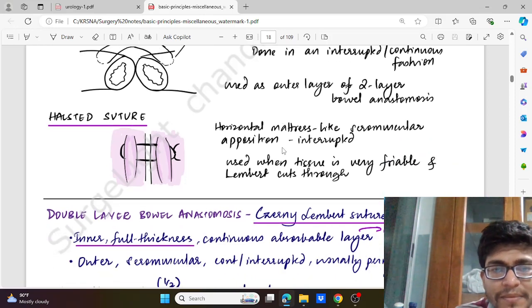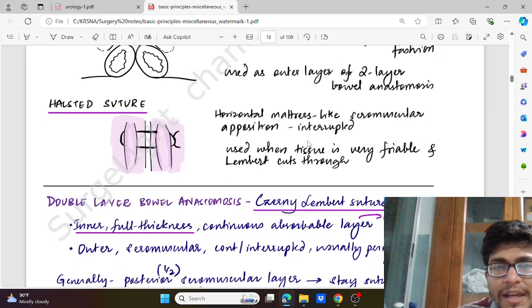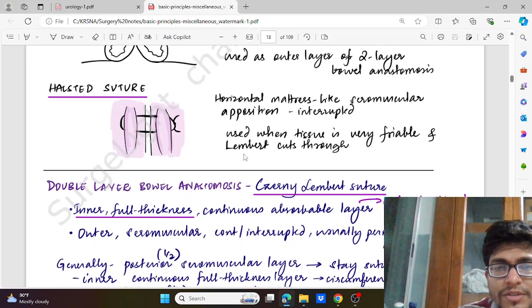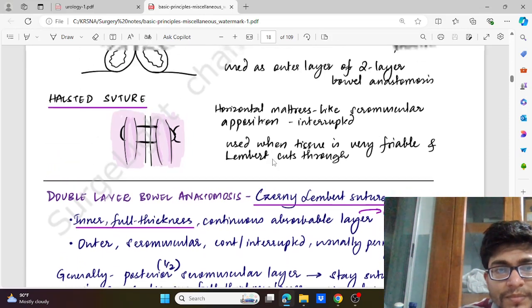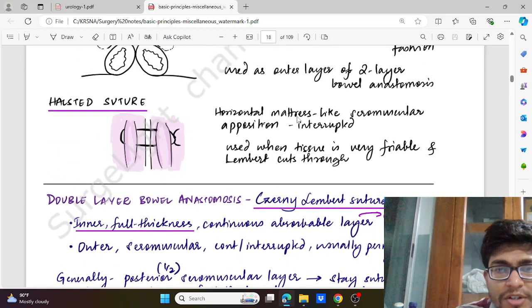Then the Halsted, where we have horizontal mattress like seromuscular position, and here we have interrupted suturing. It is used when the tissue is very friable and Lambert suture cuts through. So it is horizontal mattress